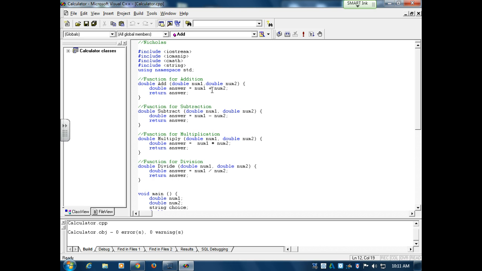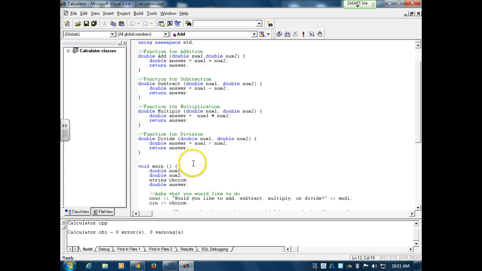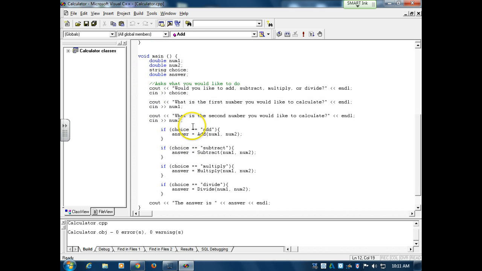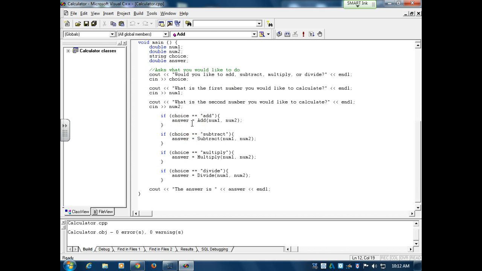Yeah. So basically adding double makes it more precise, and you can do decimal numbers as opposed to just regular integers. Right. And so back to functions. Each function has a specific task. My first one does addition, my second one does subtraction, third one multiplication, fourth division, and then down here is my main function called main, where I ask you, would you like to add, subtract,